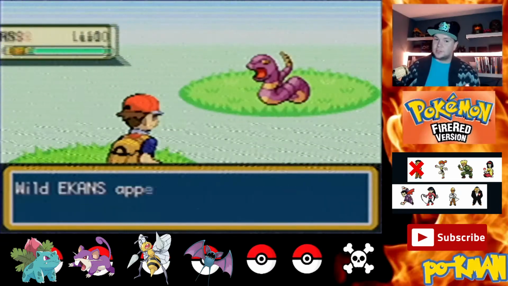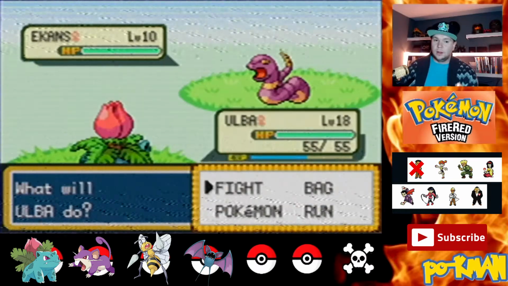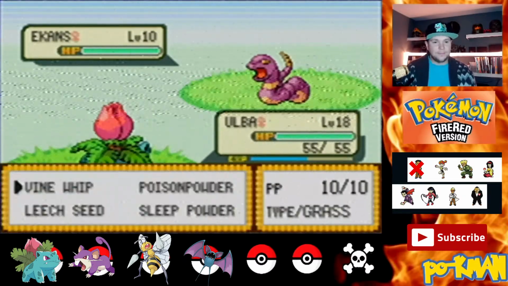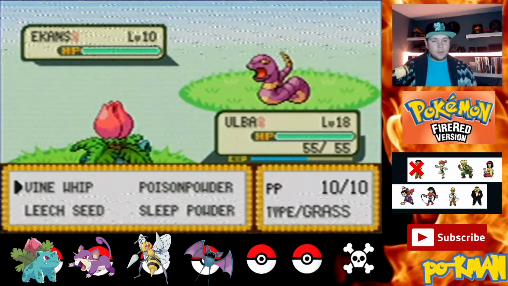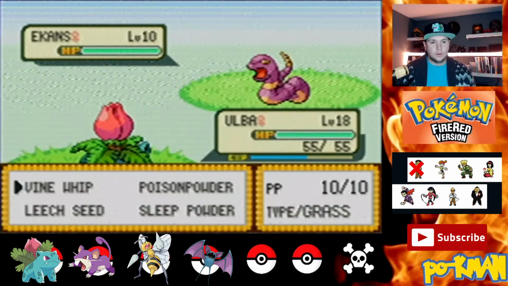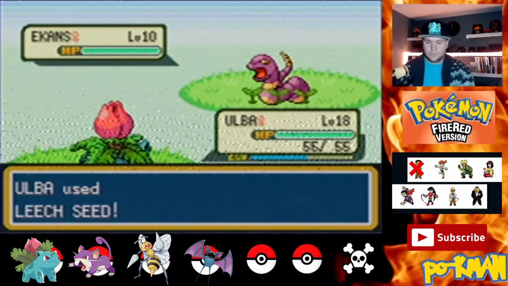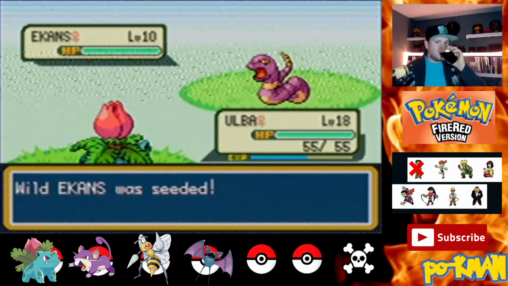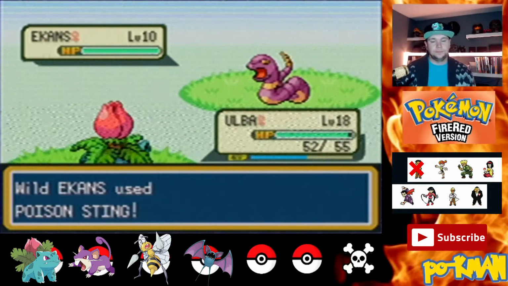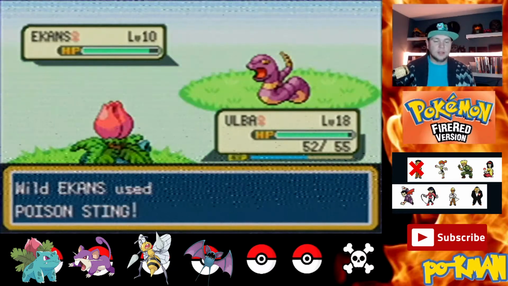There's an Ekans. Level 10, not bad. Alba. Oh! Must have shed skin then. Damn it. I can't do much about it. Let's go Leech Seed. Damn. I'm not sure why I Leech Seeded him, honestly, because